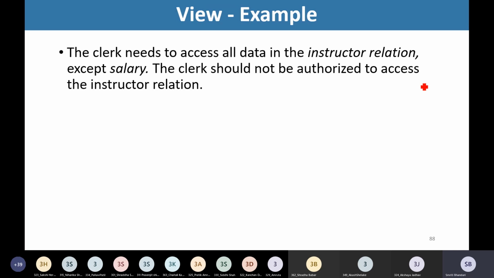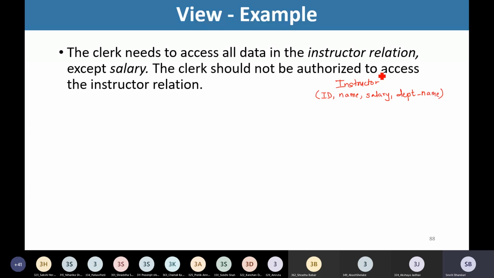What does this mean? In our original university schema, the relation instructor has 4 attributes. What are those 4 attributes? We are having ID of the instructor, name of the instructor, salary of the instructor, and department name of the instructor.